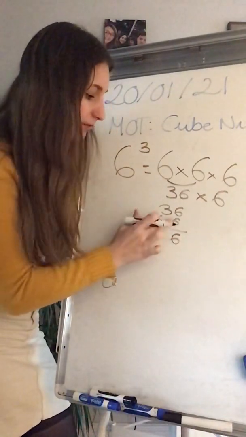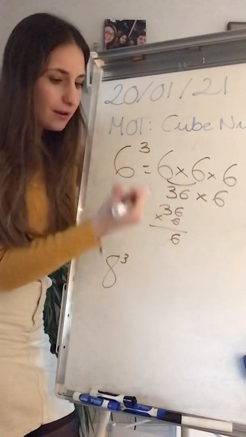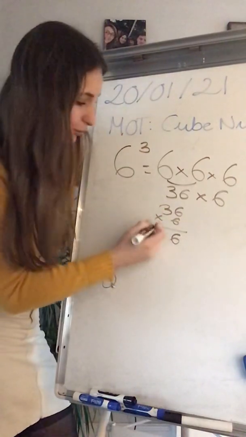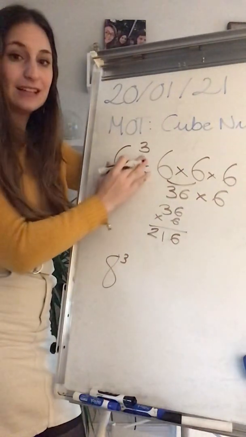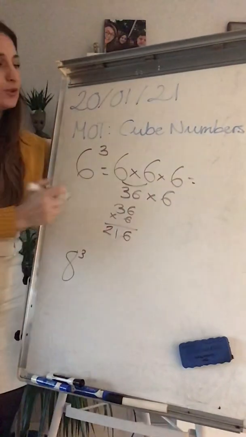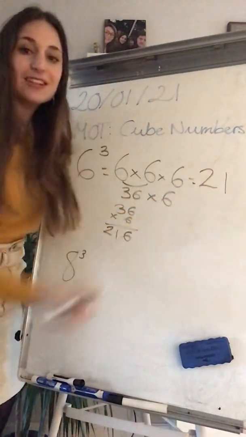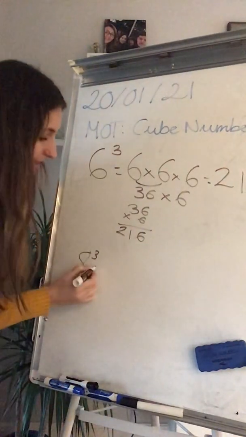I carry 3. 3 times 3 is 9, and I have 3, 10, 11, 12, so 6 cube will be